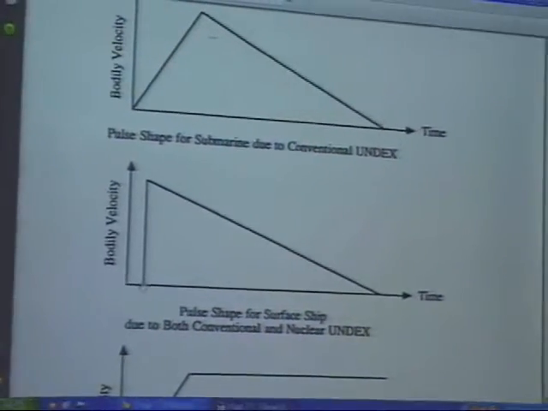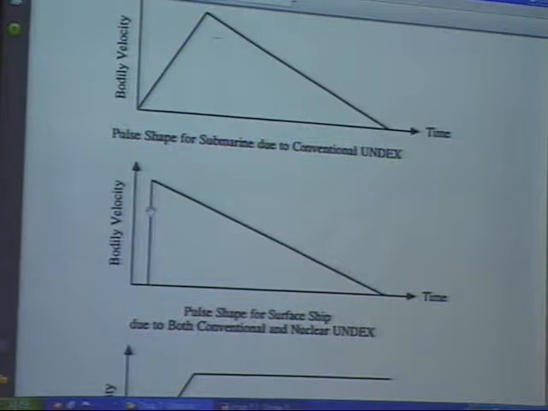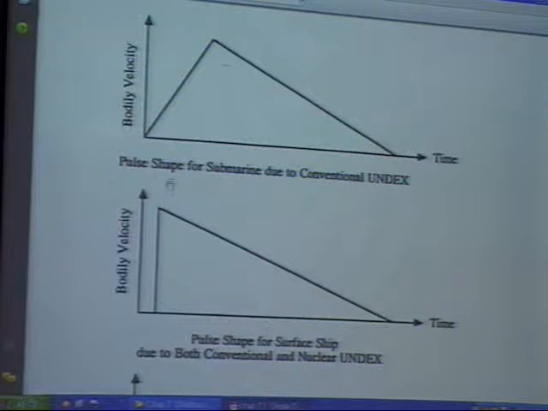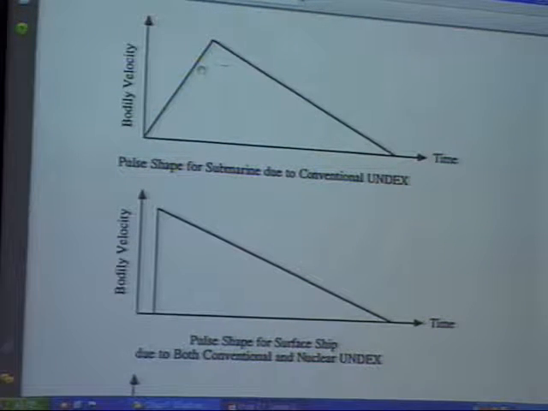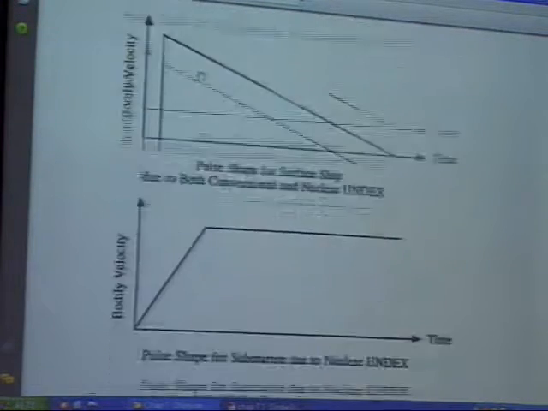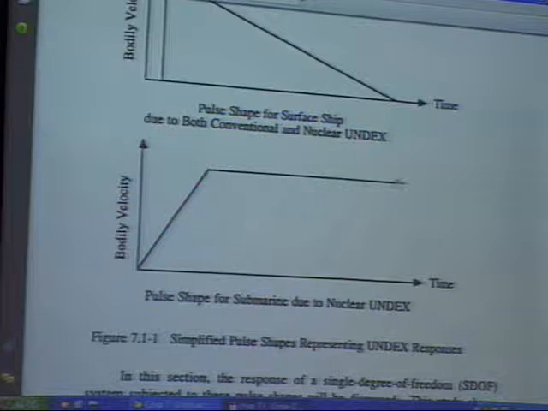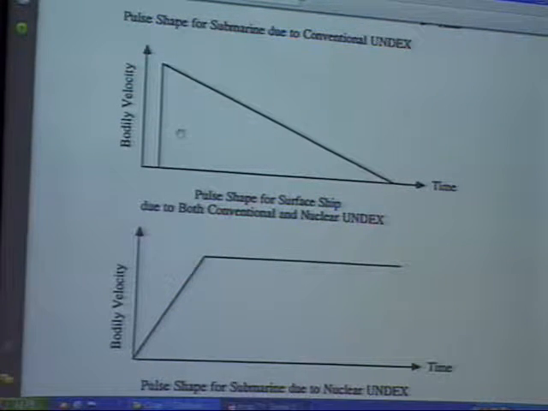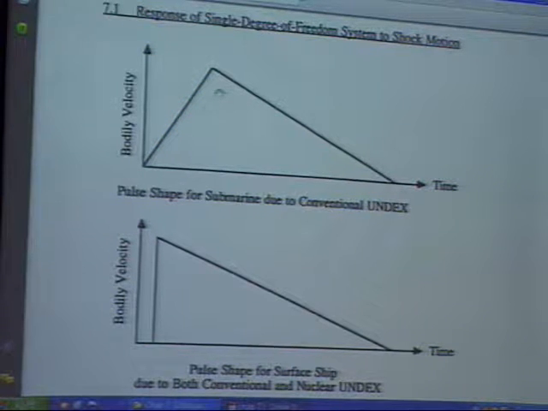So in this case, when it goes straight up, you can tell this is for a surface ship, right? If you have a slope that goes up, that's really for a submarine. And whenever it goes straight out there, that's really nuclear explosions. So you can tell right away. I can tell this is a surface ship, and this is a submarine, and this is a submarine, right? You can tell. It's a conventional, it just